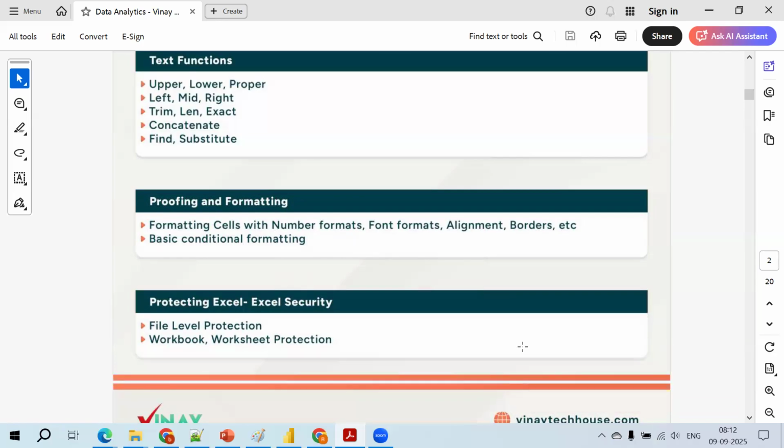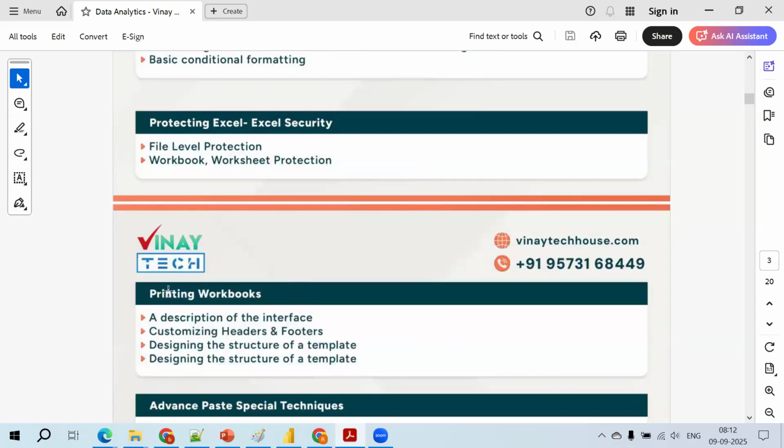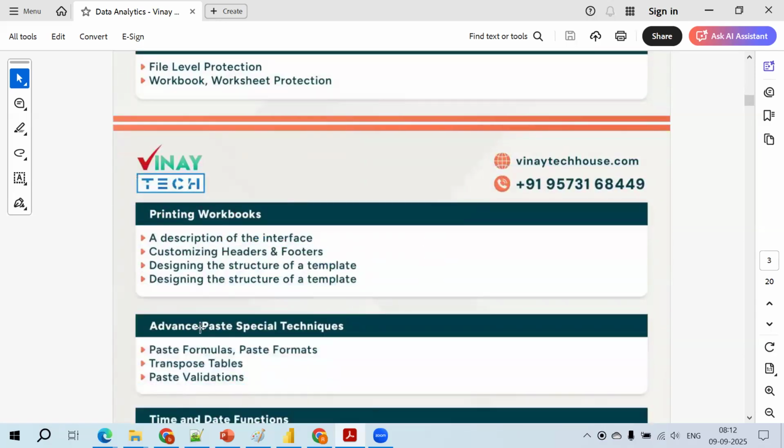Here it is. Protecting Excel and Excel security: password protection, printing workbooks, advanced paste and special techniques. So I want to have the same as source, or else I want to apply some cosmetics intermittently.